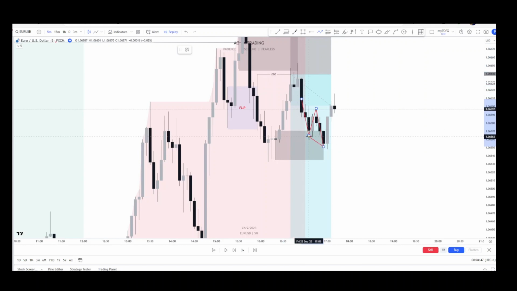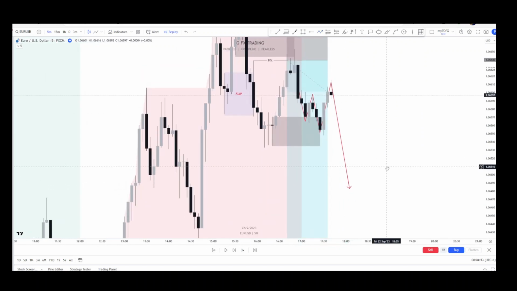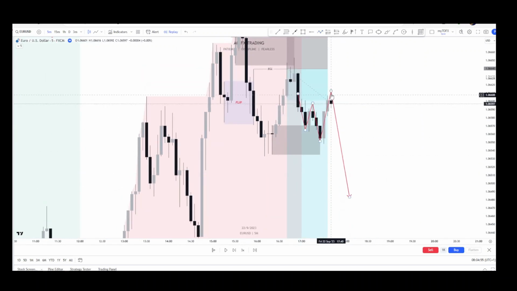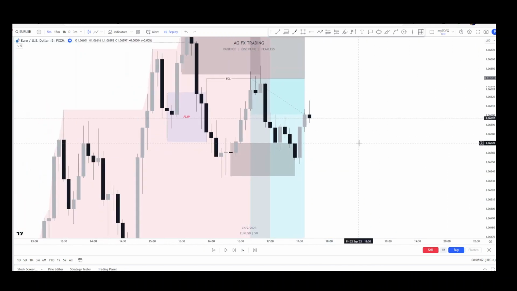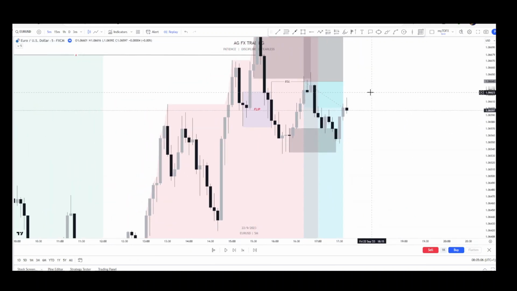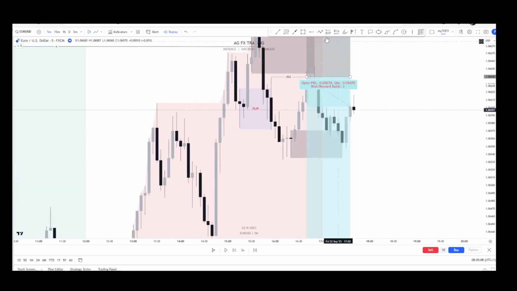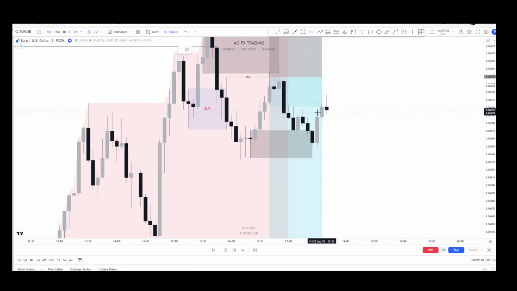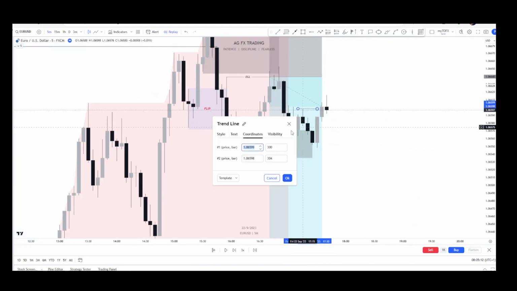And what this did here was it created this minor inducement for this leg to be taken out. Then we have the shift. You understand? But I'm not the guy that likes to scale in too much. And at this point, London and New York have already closed, so I don't want to be risking too much. So I could have scaled in from here, same concept,